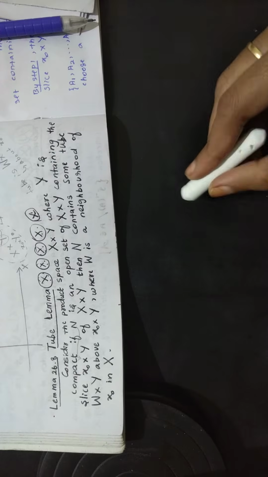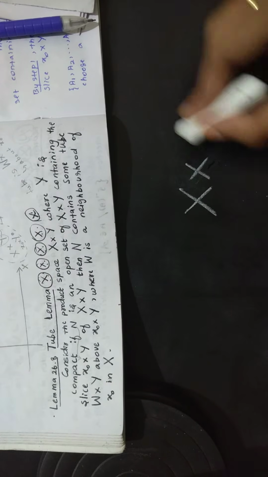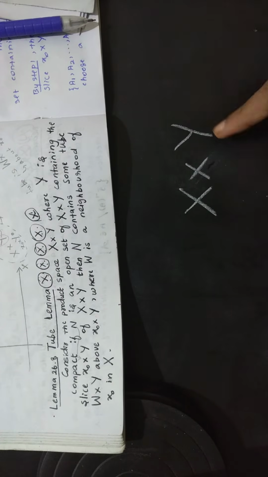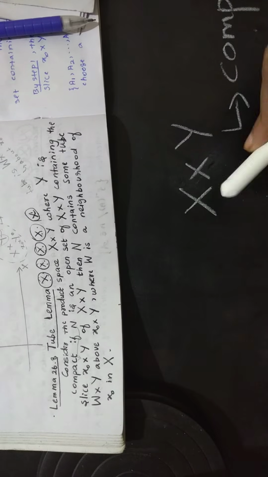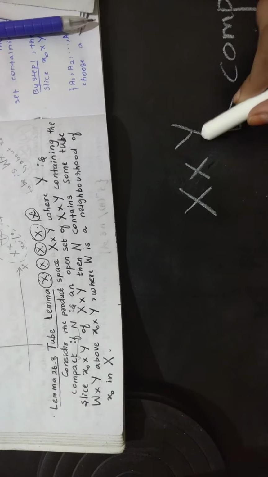Here first what you have to do is consider a product space. The product space is X cross Y. Okay, here in this product space you are having this Y, right? The statement is saying that Y is compact under a condition. Okay, so under what condition? I will tell you. This Y is compact